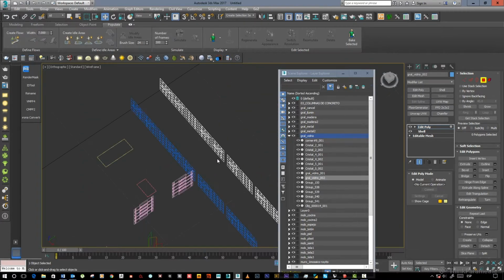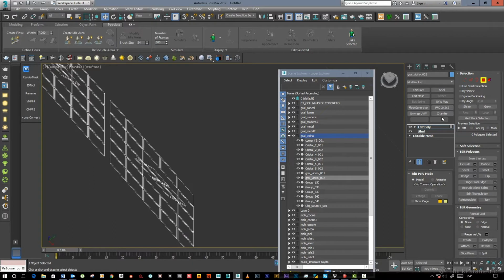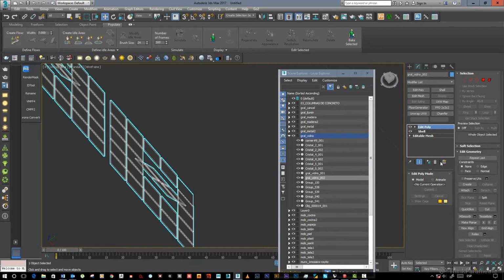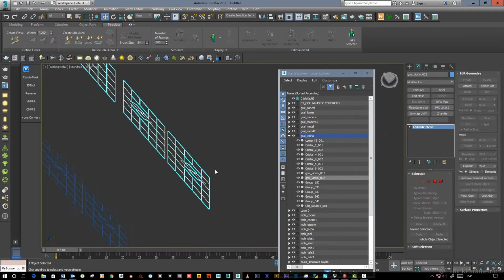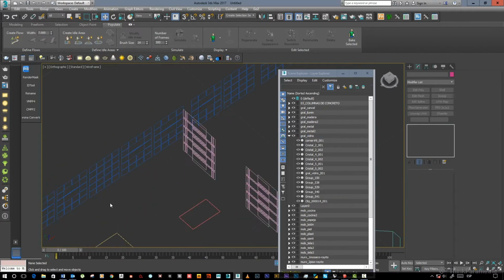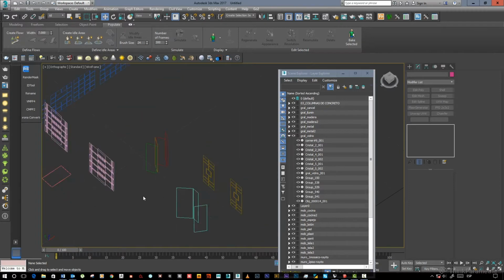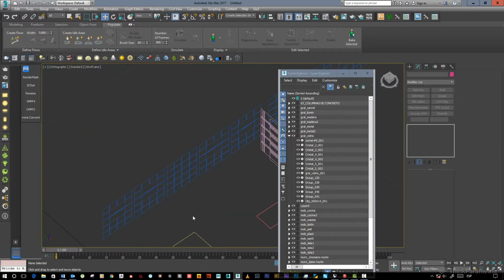That way, as I told you before, after that we can give a shell to the whole object in order to give a thickness and represent that correctly in Corona or V-Ray, as you prefer. So well, now in this case everything is already quite well built,